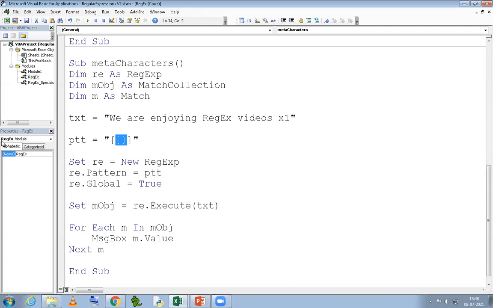So now you are saying look for two curly braces, either this curly brace or this closing curly brace. If I say plus here, it is not like one or more. If I say A plus, this is not saying look for A once or more than once. It is saying either find A or find the plus sign.